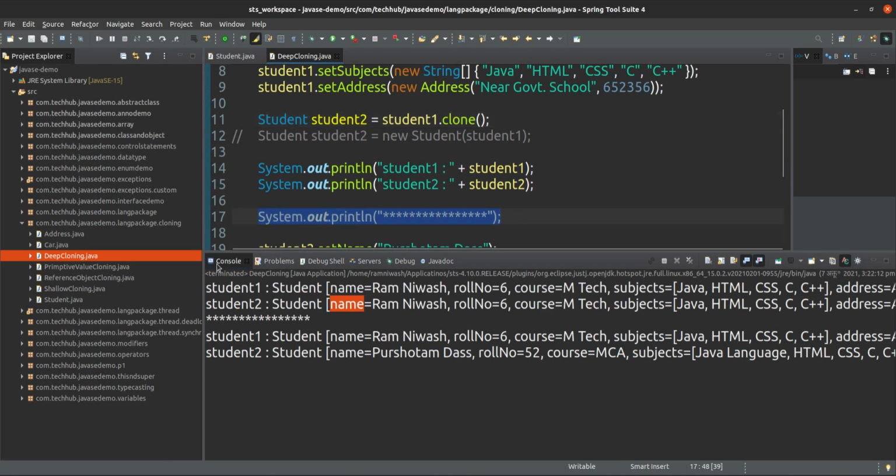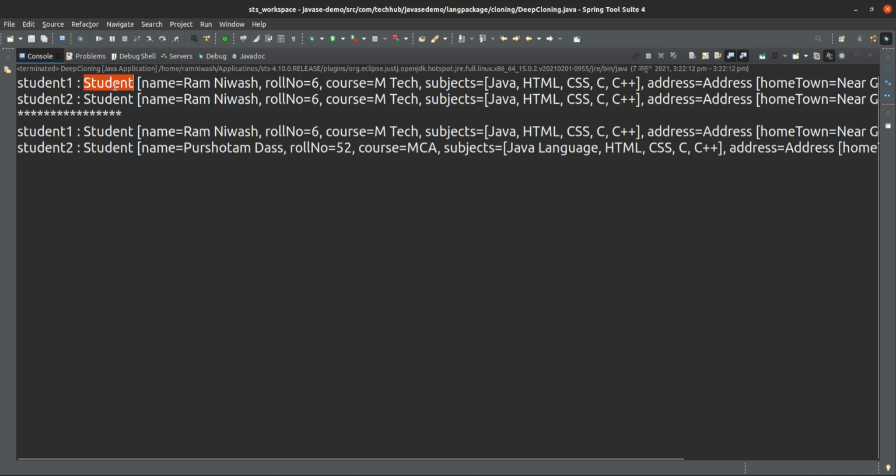I am executing this because student1 and student2 are the same, newly cloned. Later on, for student2 I am changing the name, but student1's name is the same. I am changing the roll number also, but student1's roll number is the same. Student course I am changing, but student1's course is the same.